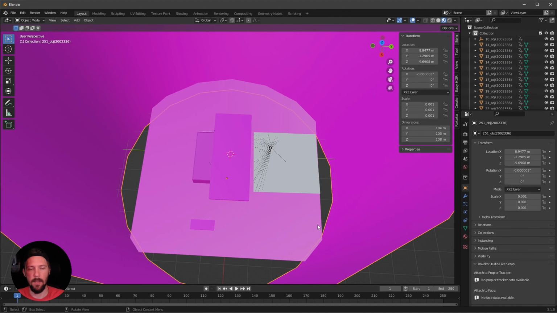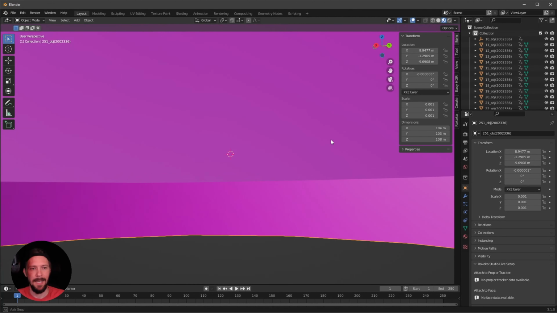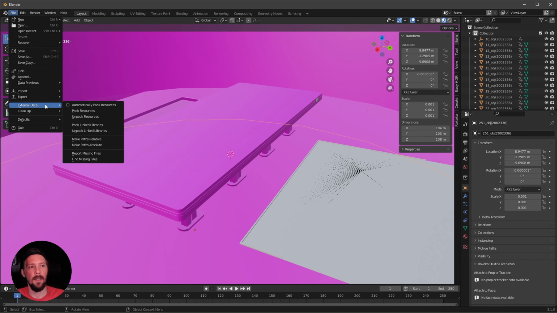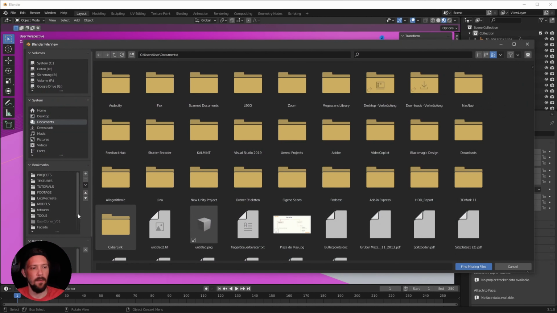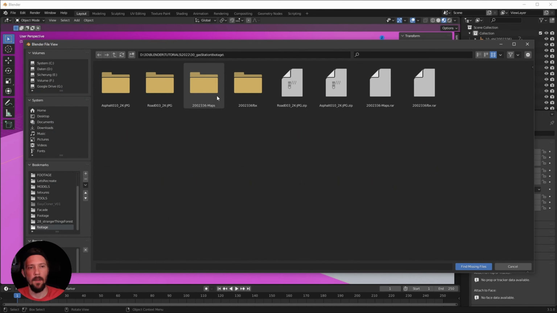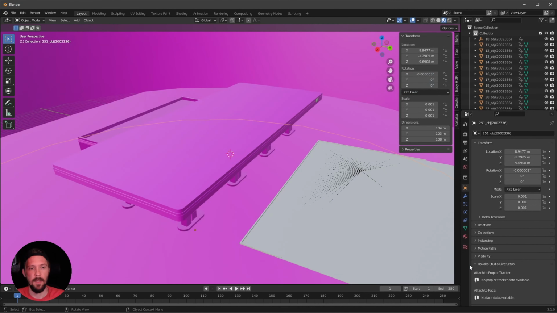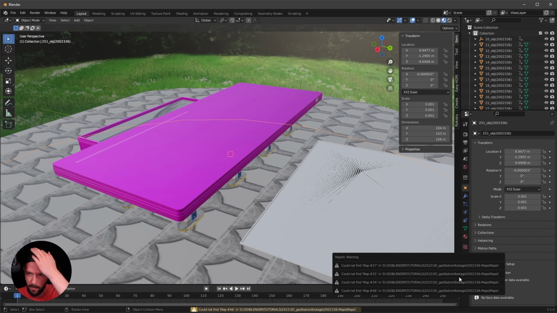select a material, and as you can see, that is not looking good because everything is pink, and that means no textures. So let's go to File, External Data, Find Missing Files, and you have to select the folder where the maps are inside. So let's go to the maps. That looks a little bit better, but